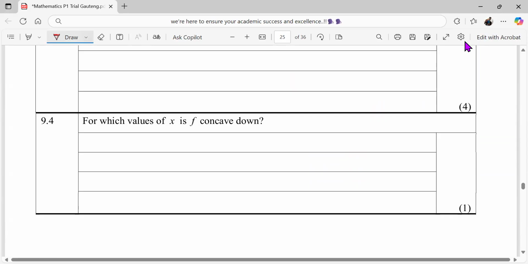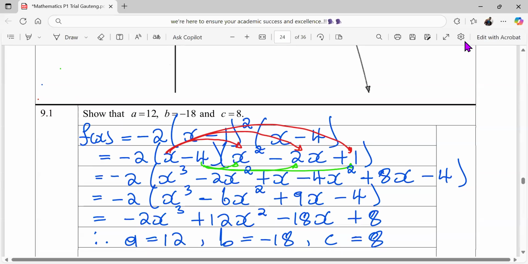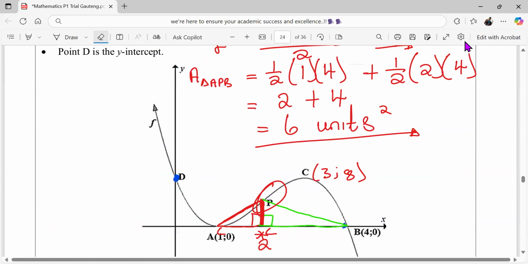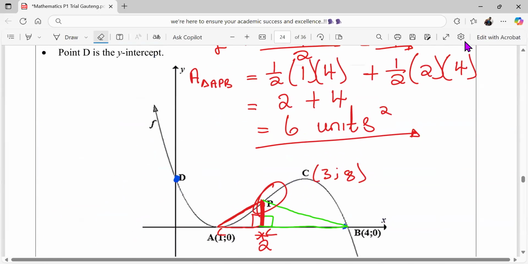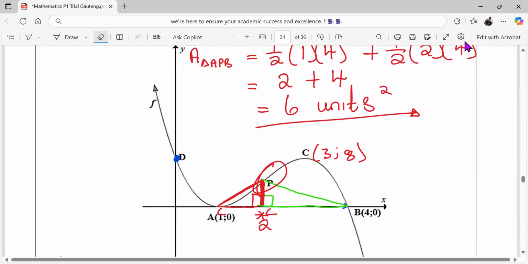Then here they say, for which values of x is the function concave down? Where is this function facing down? In order to answer questions concerned with the concavity of a function, we need to go to the point of inflection, because we know that at the point of inflection, that's where concavity changes. That is what we know. So we now know the point of inflection here. We said it's going to be,